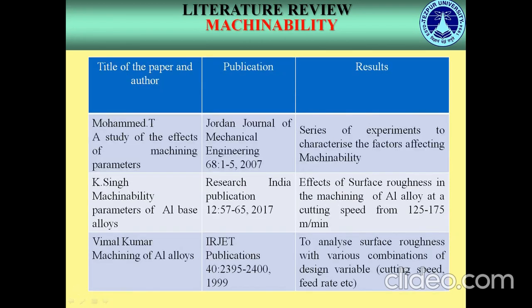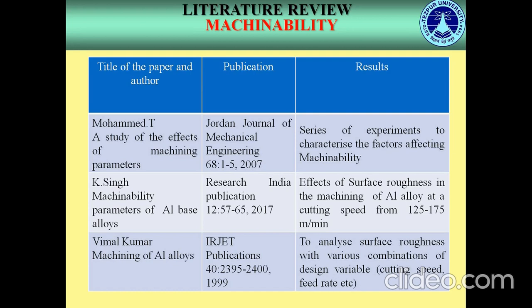Next slide is Muhammad T. A study of effects of machining parameters. Publication: the Jordan Journal of Mechanical Engineering, 2007. Series of experiments to characterize the factors affecting machinability. Next is Casing, machinability parameters of aluminum-based alloys. Research India Publications,